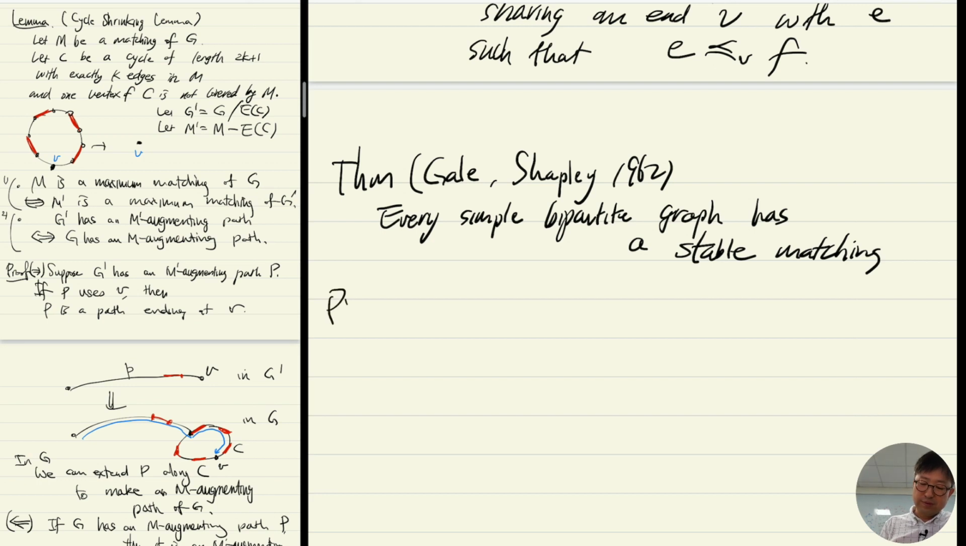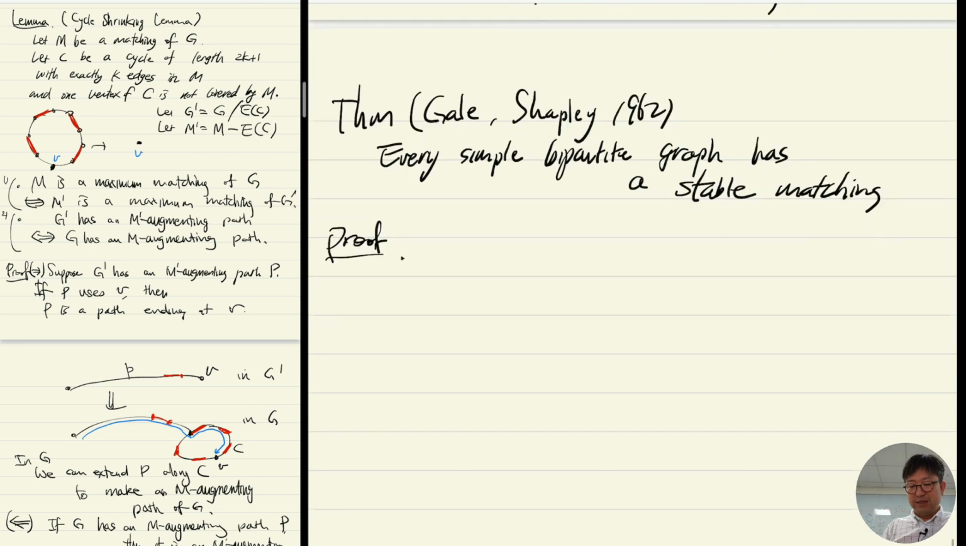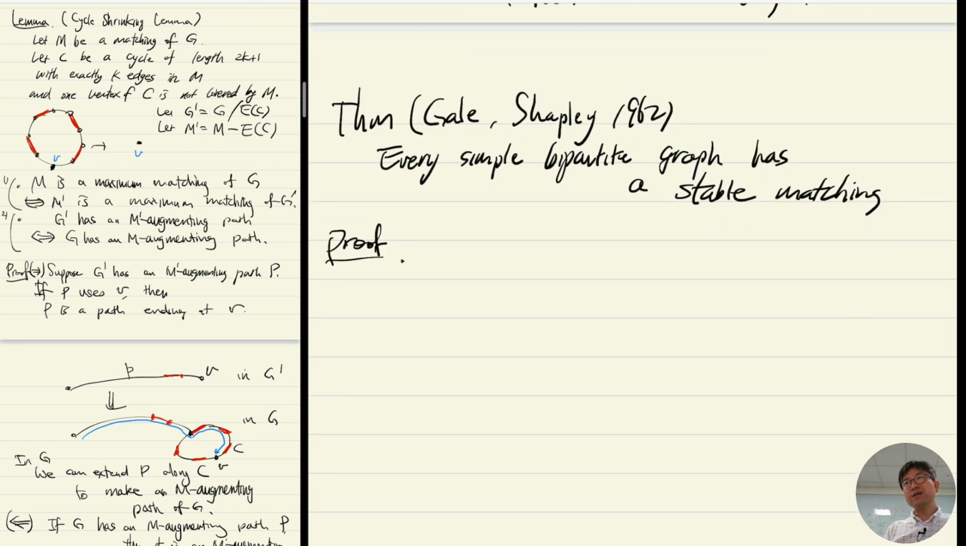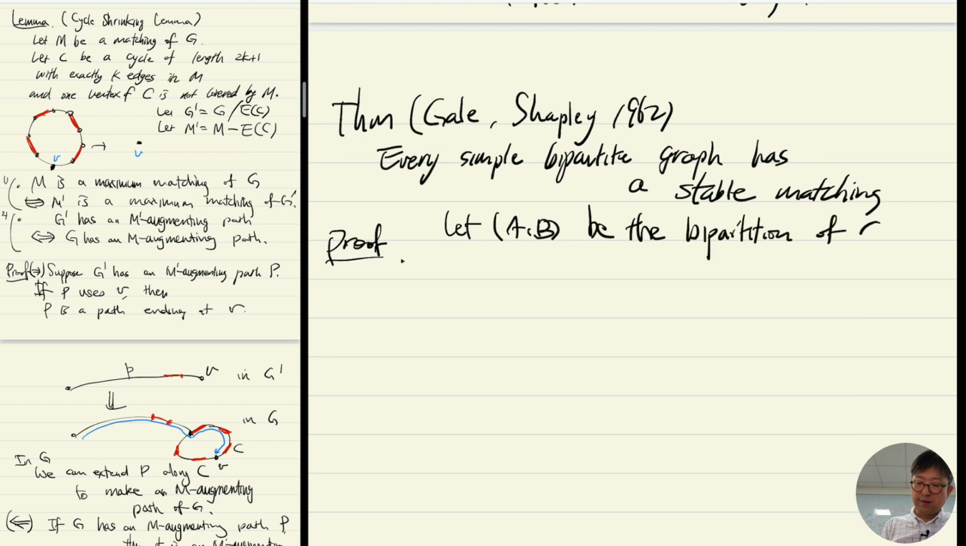Proof. So how do we prove this? Instead of this ordering, I will give a number. So for given, okay, I will assign numbers. First of all, let A be the bipartition of G. For each vertex,